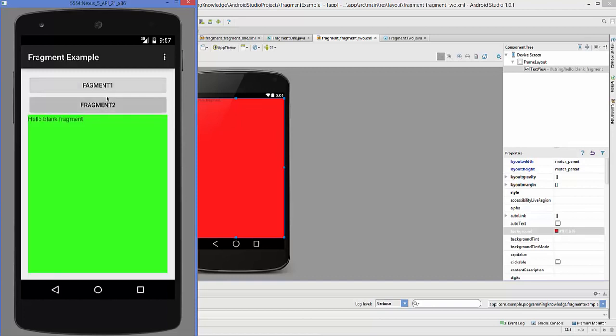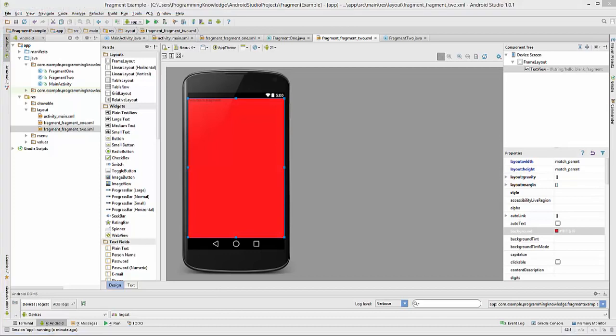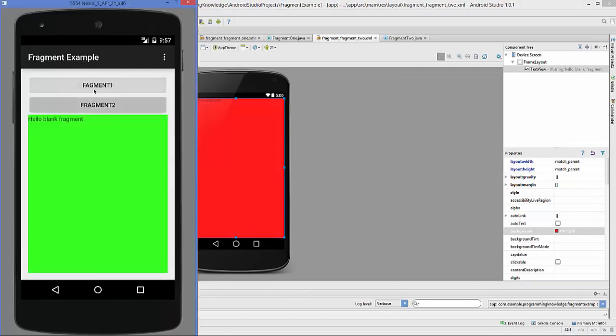Now in these fragments you can create your functionality, like if you want to add some image, make a registration form, or some UI which you want to add to the fragment, and on the button click, these fragments will be replaced on the fly whenever you click the button. So in this way, Fragment